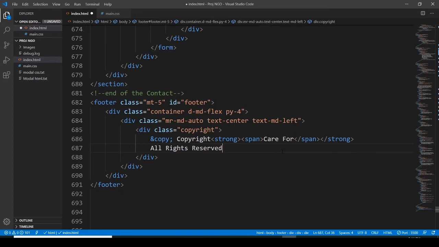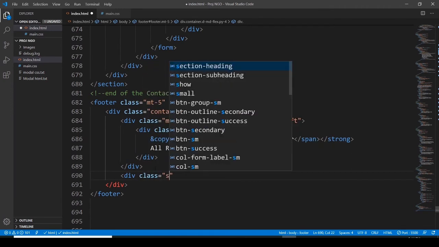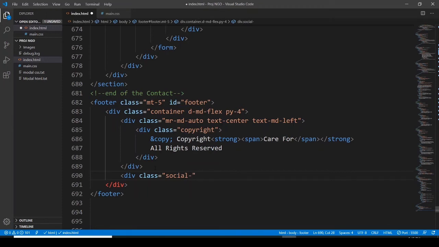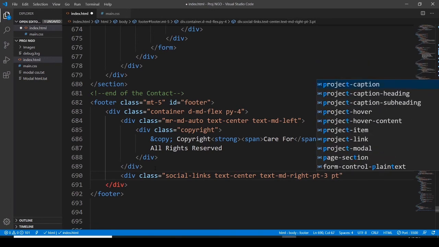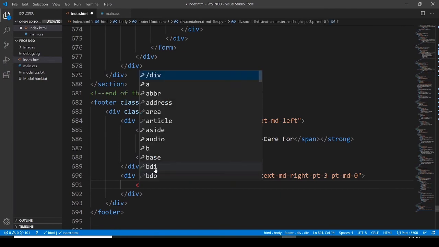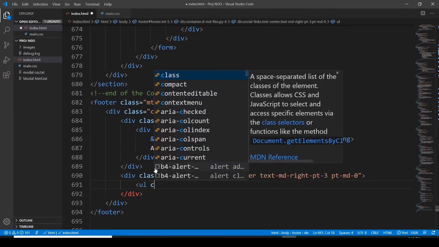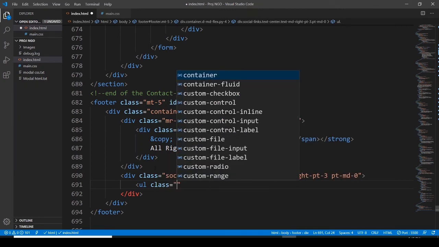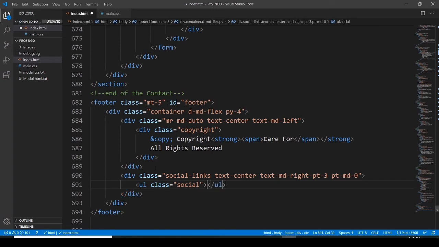Then let's go with another division, and here we have a class of social links, then text center, and text medium right, padding top 3, and then padding top medium 0, and let's go with some unordered list here, assigning it a class of social, and then here list